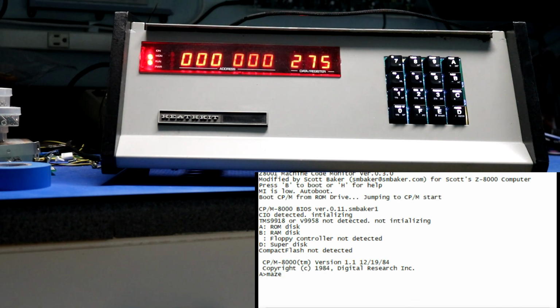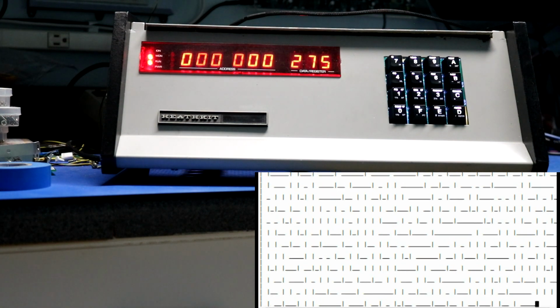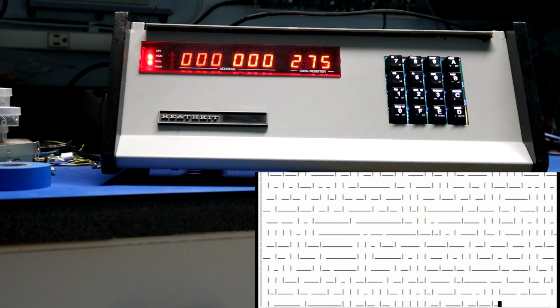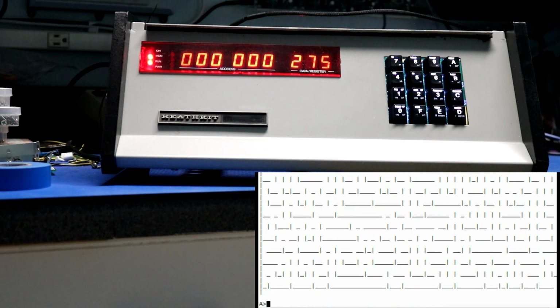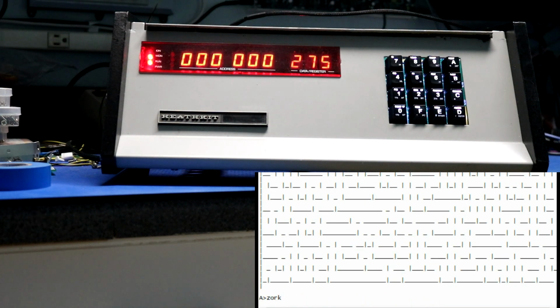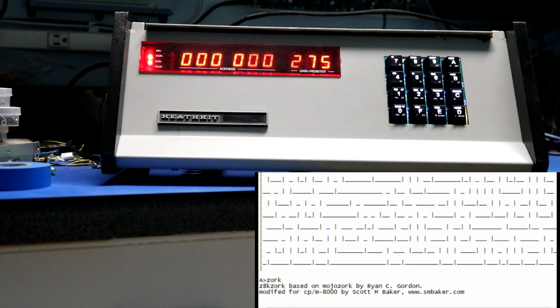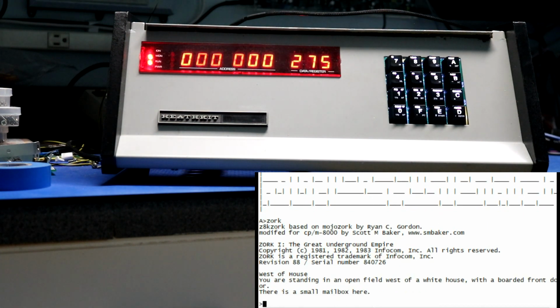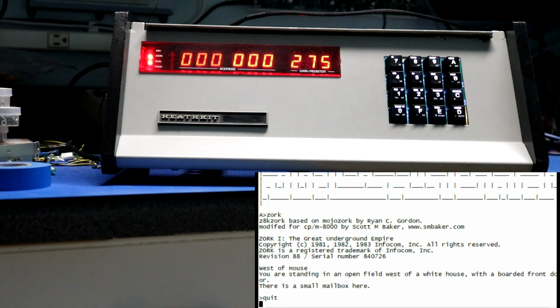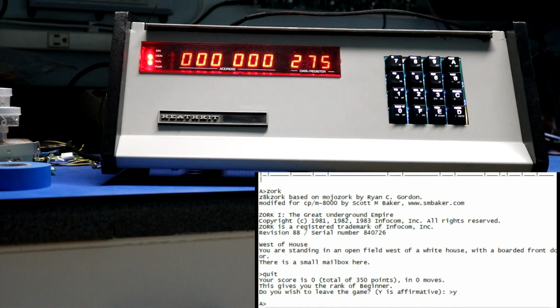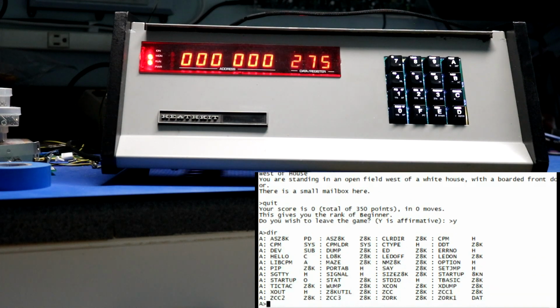So over here in CPM, we can run something like the maze program. We've done all this before. There's maze. It's a little bit too wide for my terminal. We can load Zork. Again, we've done all that before. It's your standard CPM 1.1 computer. You've seen me do this with the Clover computer video. I've got a bunch of stuff loaded onto the flash ROM that's in there. But let's try to do something where we use the front panel monitor and the